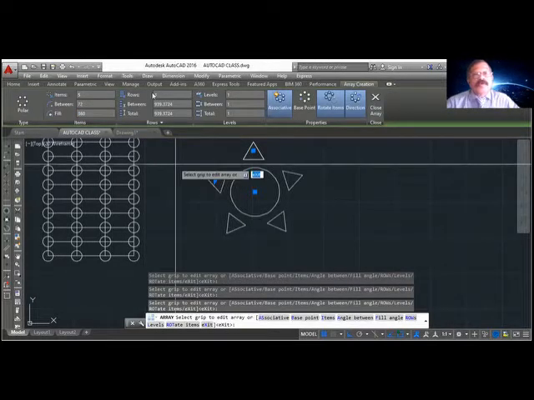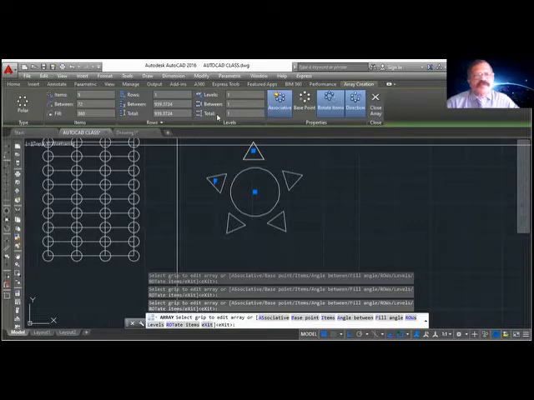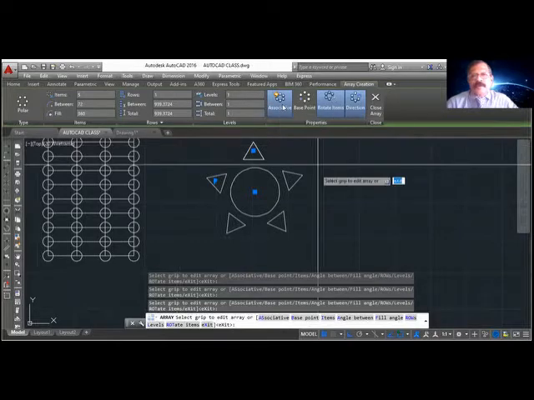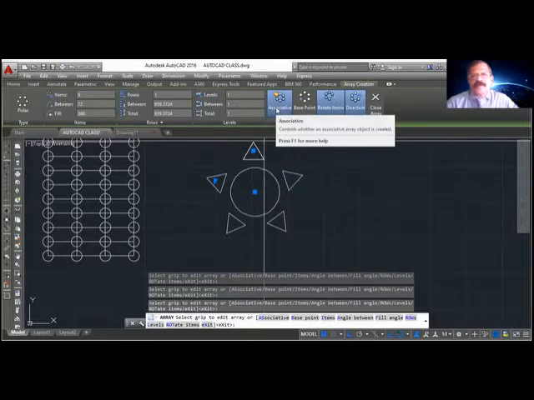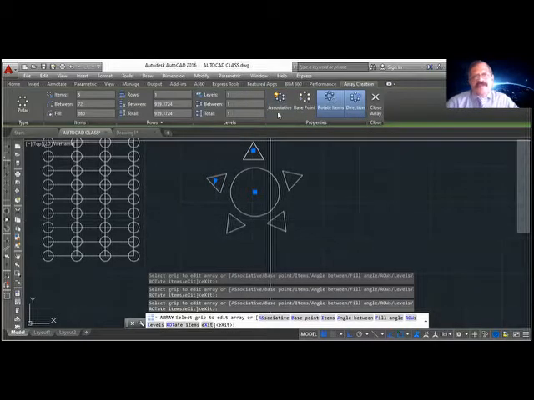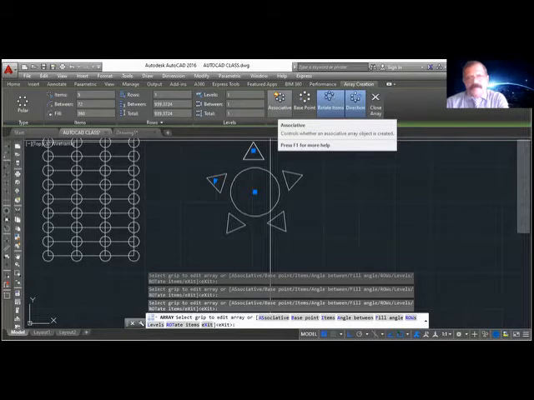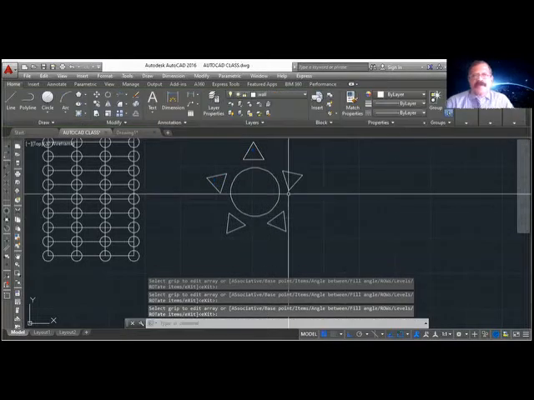Don't worry about all these things. When you get time, you can go through it. And again, associate is on, so it will be a single object. If you don't have associate on, when you click and create, it will be separate. Or if associate is already on, you can explode and make it individual. So this is how you create the polar array.